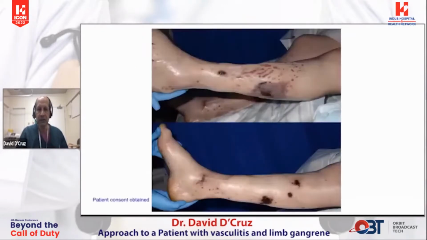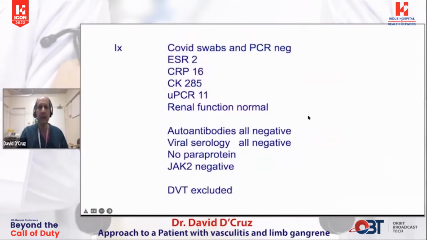So here are the images. You can see obvious vasculitic purpura, necrosis of the skin, vasculitic nodules, and obvious vasculitic lesions here. So all his infection screen was negative. COVID swabs were negative. Inflammation markers surprisingly were low, despite his systemic upset and the vasculitic lesions. Normal renal function, no proteinuria, all antibodies negative, no paraprotein, and the DVT was excluded as the cause of his